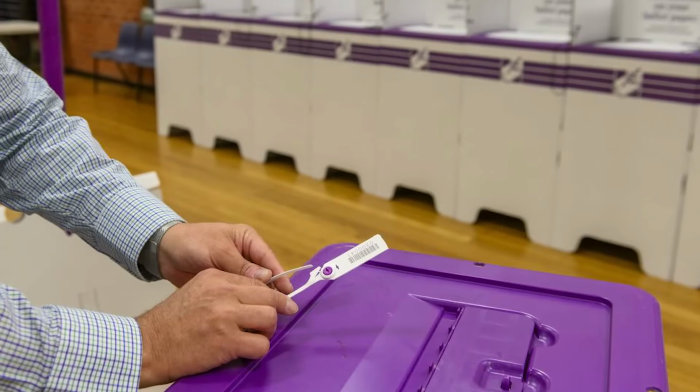But hey, wait, what about ballot tampering? Pencil can be erased, says the conspiracy theorist in the comments section, even before they've gotten to this part of the episode that explains why ballot tampering isn't a thing in Australia. There's a lot of security for the transport and handling of ballots. Obviously. Ballot boxes are locked, they have numbered security seals, the boxes are never left alone with one person,